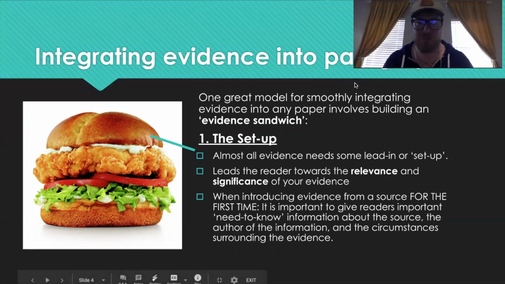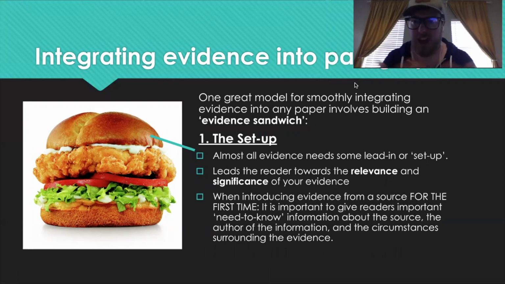A lot of teachers will use this metaphor, but this is what we call the evidence sandwich. The evidence sandwich sounds kind of elementary and basic, but honestly, it's just a great model. It's a great way of thinking about using evidence. So in all cases, we want to think of, in this metaphor, the evidence as being that